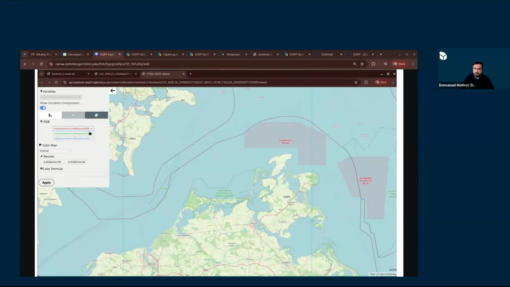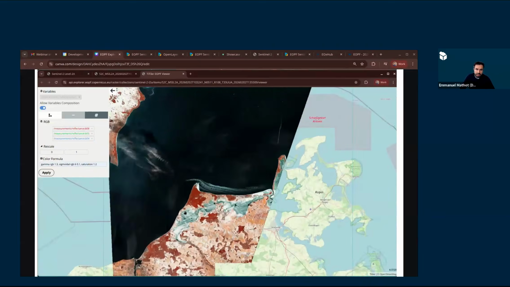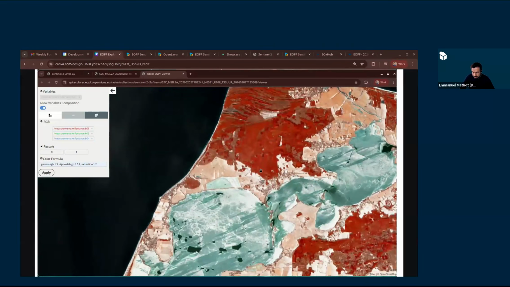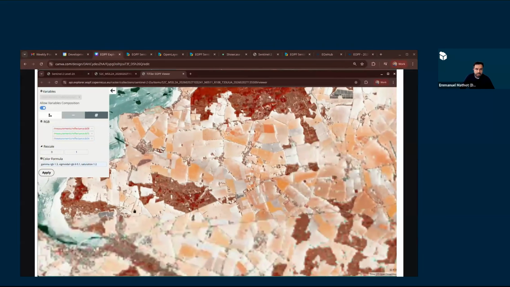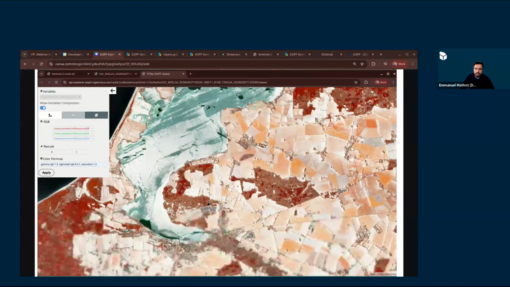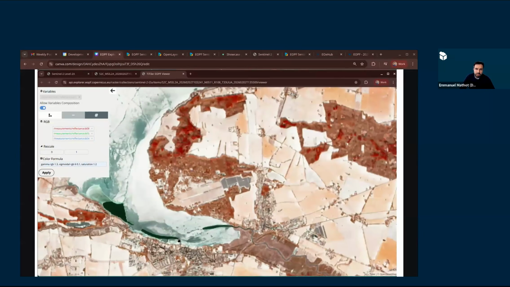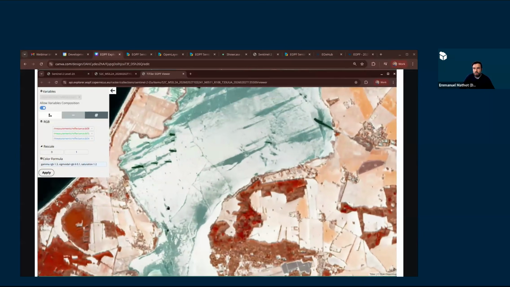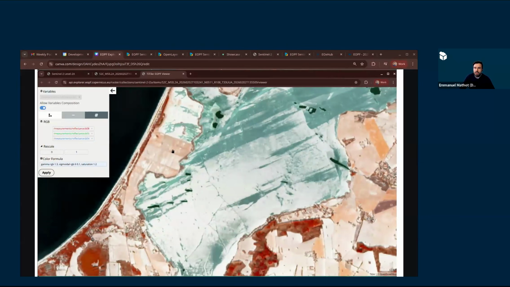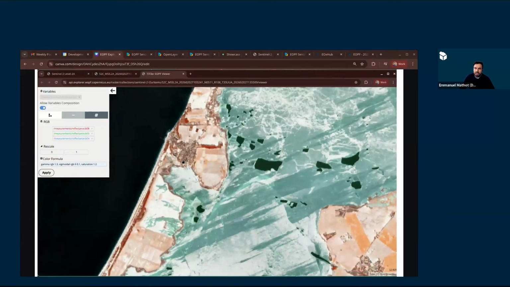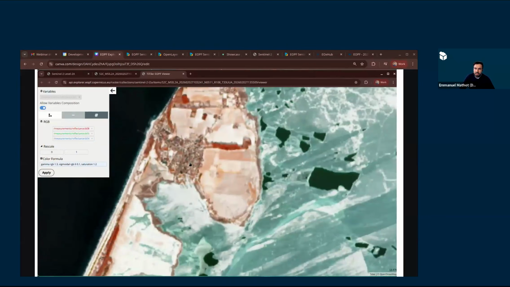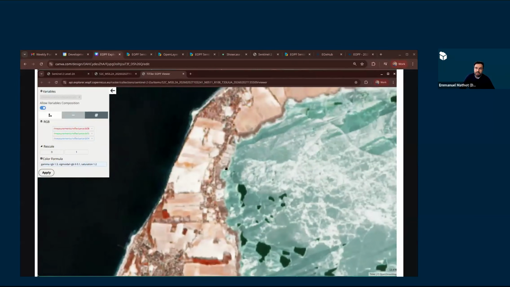You can combine bands to produce an image. So here, for instance, a near infrared image. You can rescale, apply a color formula, and again, you can browse the data. Of course, this is more what I would call an image debugger tool, so just to see one granule at a time. But even here, you can already browse the data at quite high resolution,